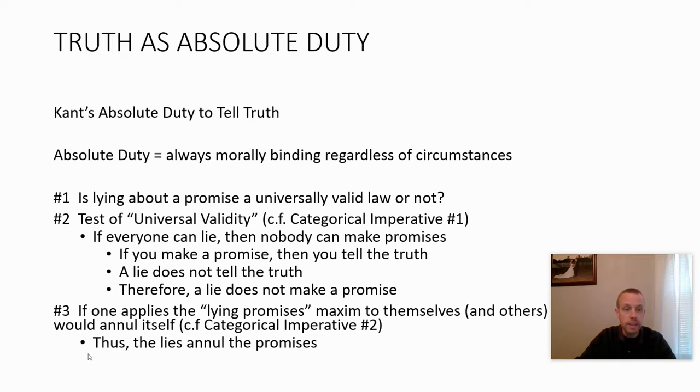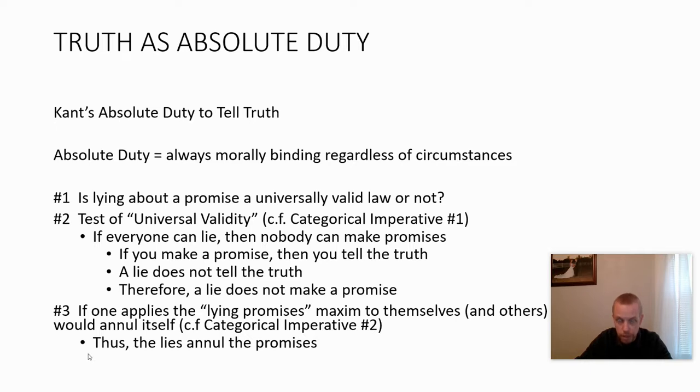1. Is lying about a promise a universally valid law or not? That is the beginning question. Kant gives it a test of universal validity. This would correspond to his first categorical imperative. If everyone can lie, and by extension does lie, then nobody can make promises. If you make a promise, then you tell the truth, but a lie does not tell the truth. Therefore, a lie does not make a promise. It's using a form of logic there, seeing that since promises need truth, the universality of lying negates the telling